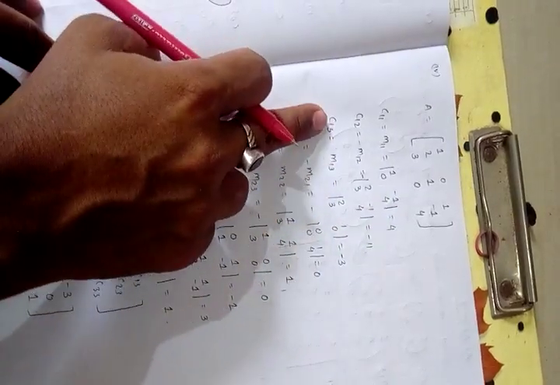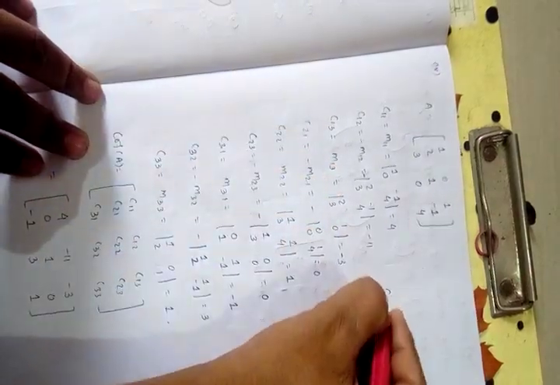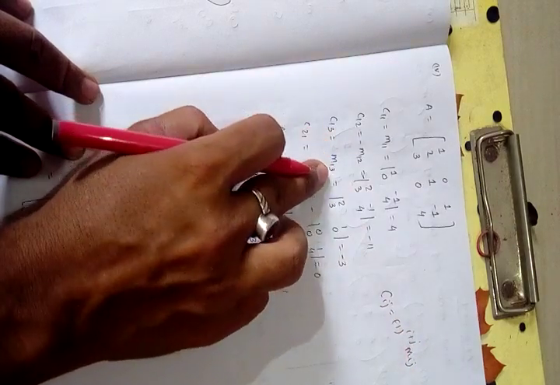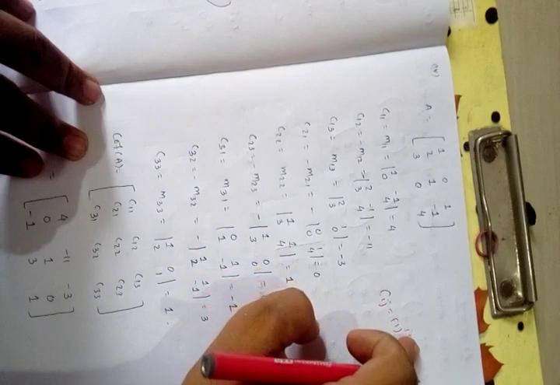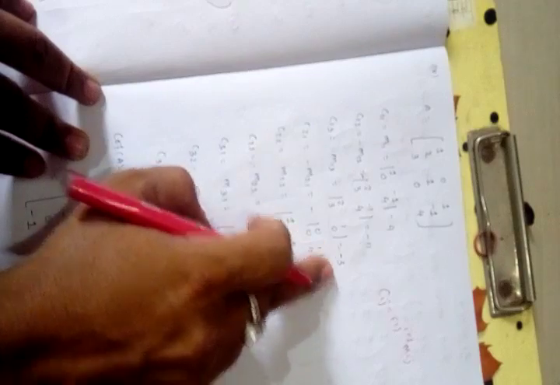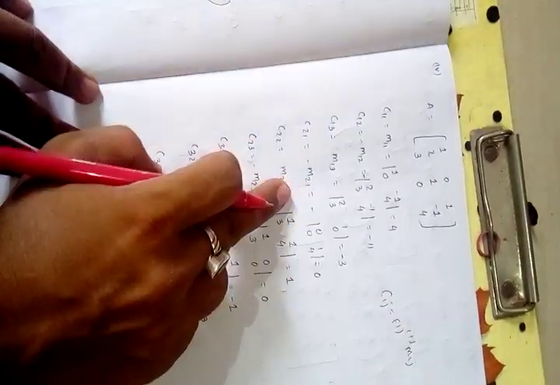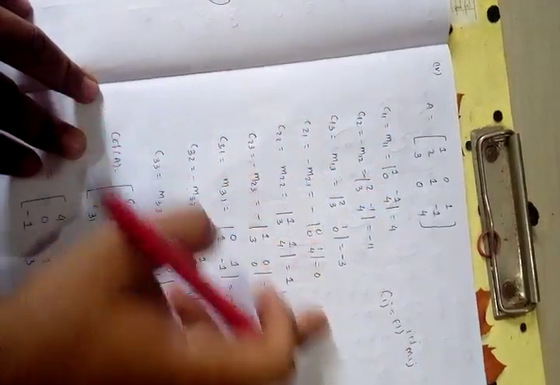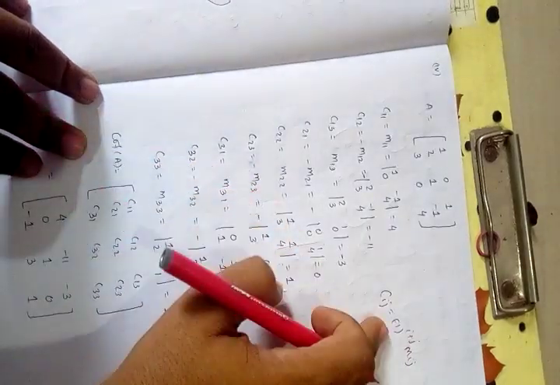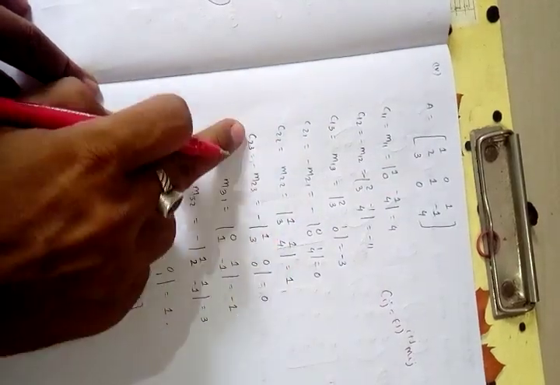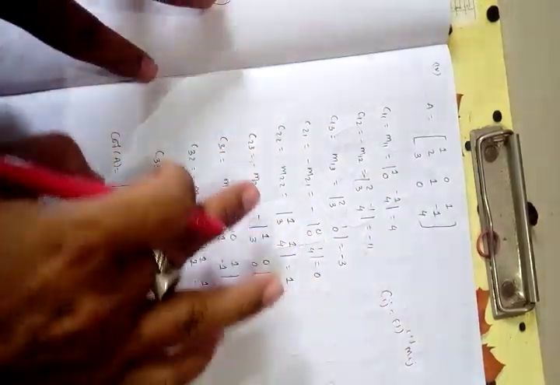Use the formula also: Cij equal to minus 1 to the power i plus j into Mij. So C13 equal to M13, because minus 1 to the power 1 plus 3, that is 4, is 1, that is M13. Now delete first row, third column, 2 1, 3 0, and the determinant is minus 3. C21 is minus M21 by using this formula. So we have deleted second row and first column, the remaining submatrix 0 1, 0 4, determinant 0, minus of 0 is again 0. C22 is M22 by using this formula, we have deleted second row and second column, 1 1, 3 4, that is 4 minus 3, 1. C23 equal to minus M23. In a similar manner we can find C23, C31, C32, C33. Now cofactor of A equal to this.